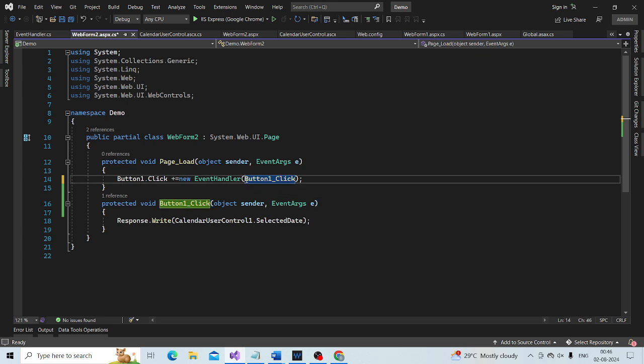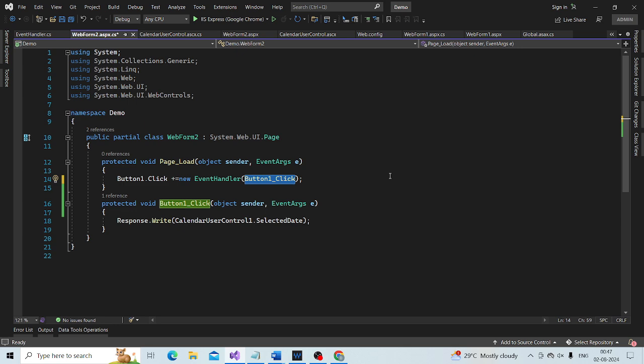Here you can see the button1_Click function, which is the same as the event handler method. That is why delegates are called type safe function pointers. Type safe, because the signature of the delegate matches the signature of the functions to which it is pointing.